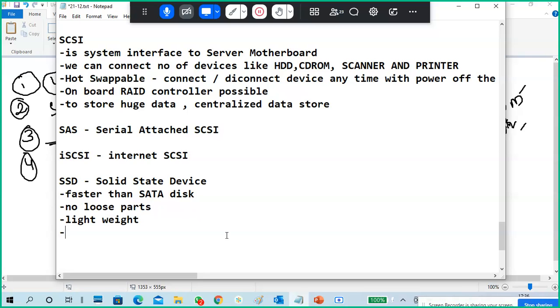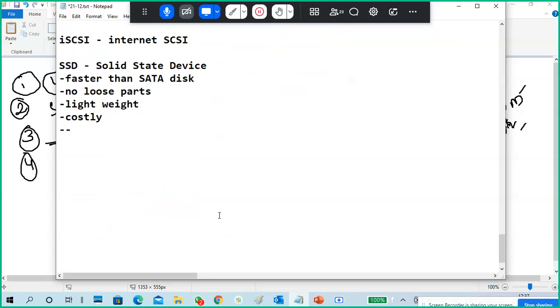And only one thing is costly. Only one thing, it is costly. Next, why are we using SSDs? Lots of people are purchasing SSDs because they have the money or something like that. So I don't purchase SSDs. Yeah, last time I purchased one, but what is the purpose of the main SSD?